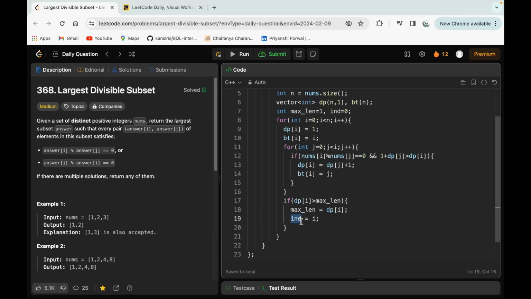And this represents the last index of the subsequence or subset. All right, after this for loop, we have done iterating. I have to iterate in the bt array and get my values. So how am I supposed to iterate? Let me first take